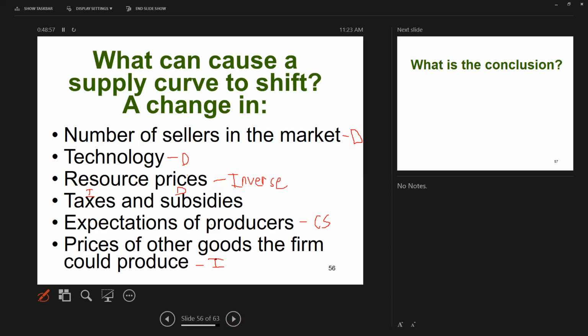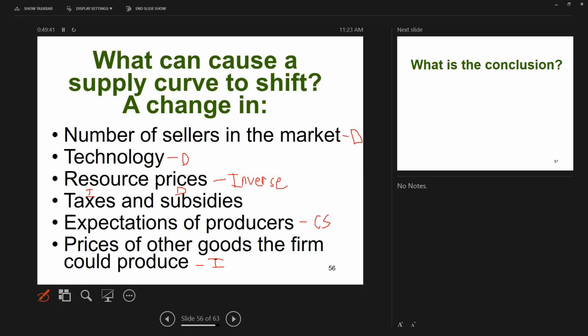And George Bush implemented, he forced gas producers to put 10% ethanol in their gasoline, which they wouldn't have done otherwise, but he said, you have to do it. When he did that, that massively increased the demand for corn, causing the price of corn to go up. So if the price of corn goes up, are farmers going to produce more or less corn? All other things being equal, they're going to produce more. That made corn farming more productive.